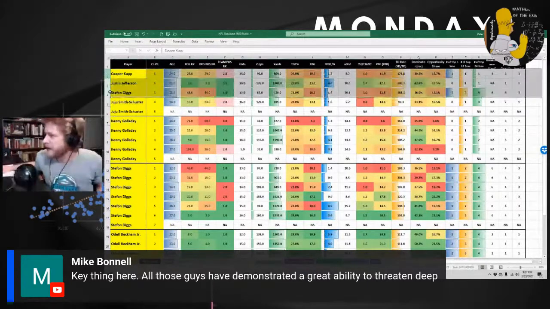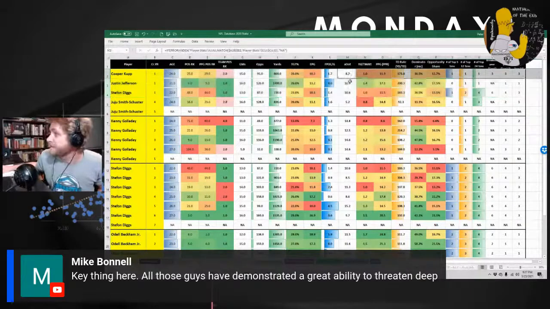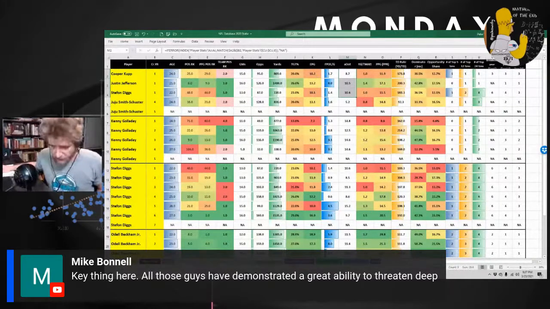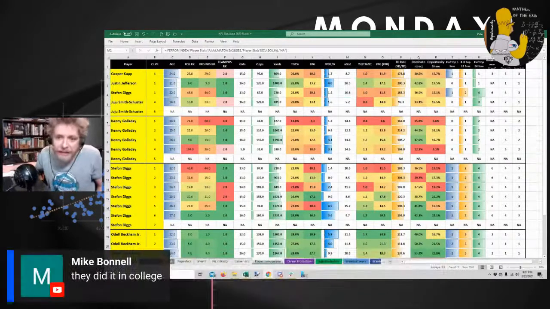So first year in the NFL, Cooper, Jefferson, Diggs all had an ADOT below 11. Cooper Kupp literally had an 8.7 ADOT, which is a pure slot role. They did it in college. Cool. But the value of them in the NFL was their slot role.